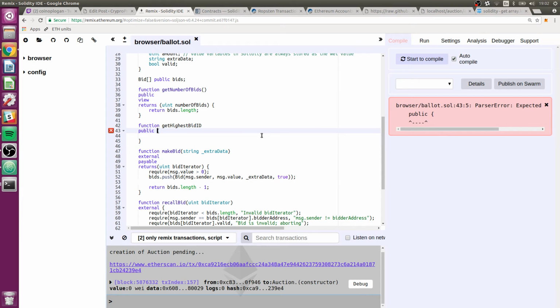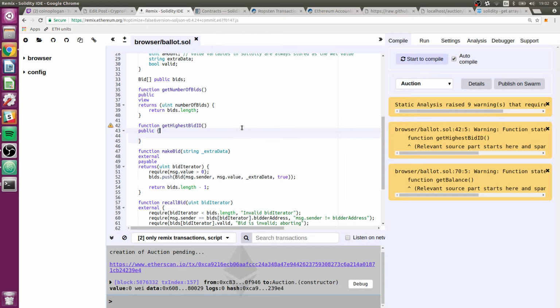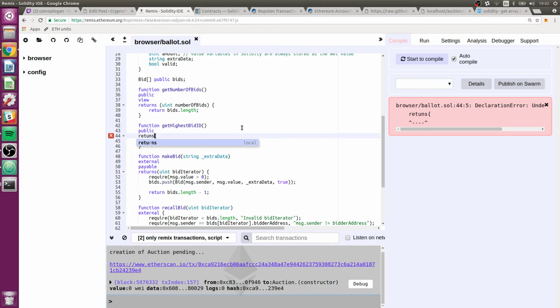I could make it external, but that would actually limit the contract itself from calling it. So I want to make it public, which means anything can call it, including the contract itself. What else? We need to put some parentheses on here. And we need to say it's going to returns